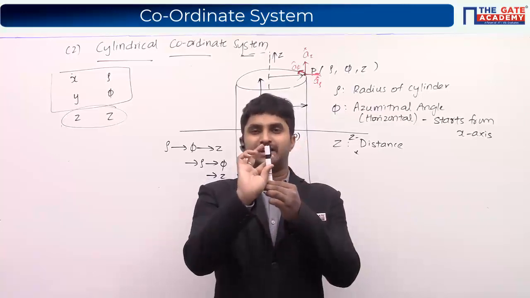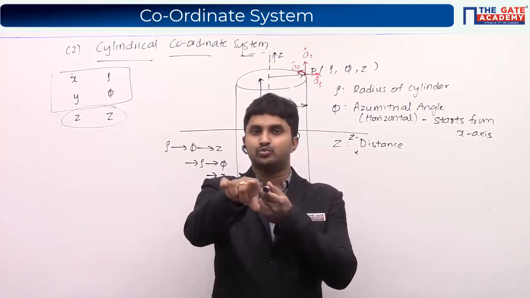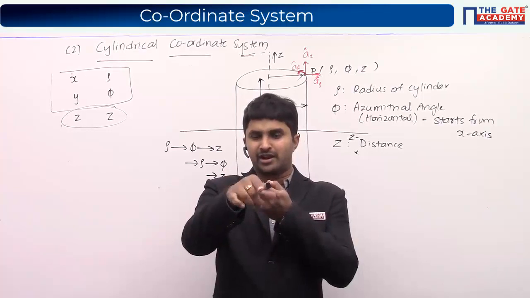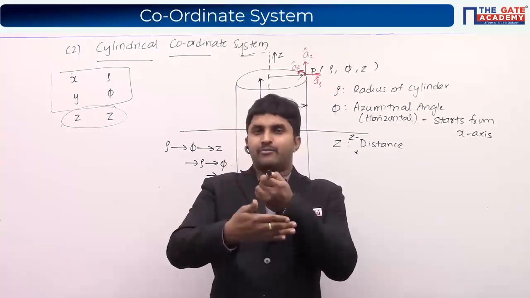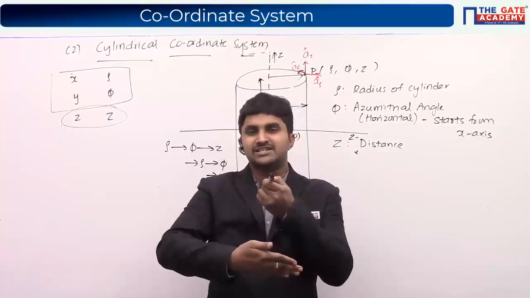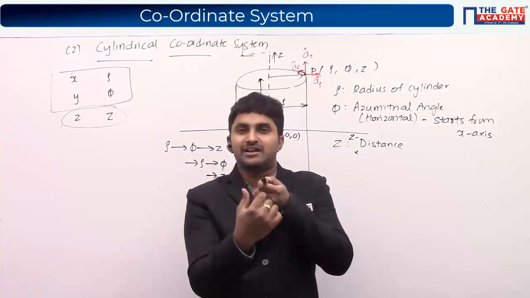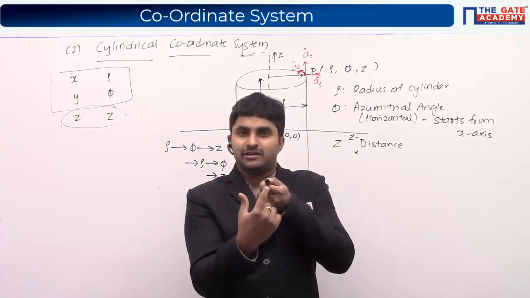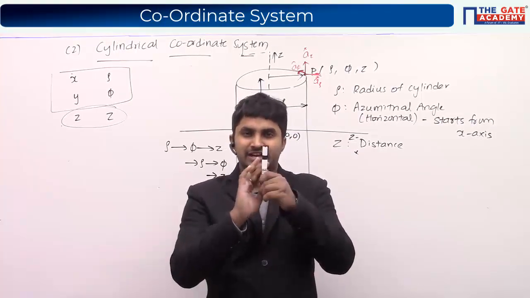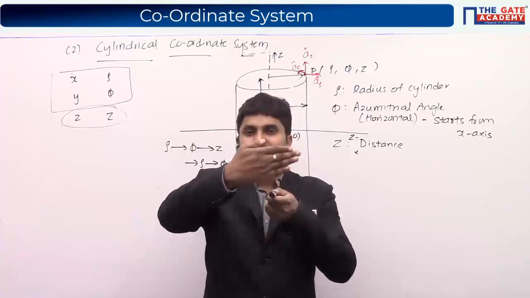Now what I am doing is just rotating it like this, so that the Z axis is pointing towards you. Now I am going to fix this. Z is constant. So if I cut it, you are going to have a circle. It looks like a circle, right? So this is my cylinder. I am cutting it like this, fixing the value of Z.